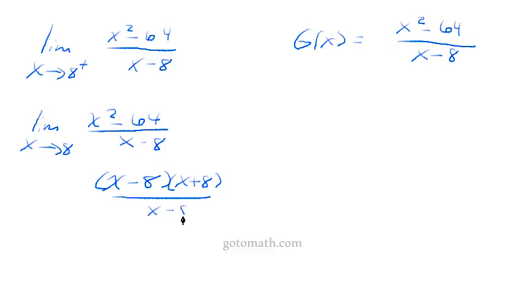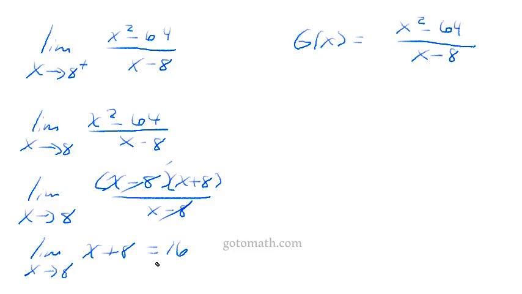Over x minus 8, and the limit as x approaches 8. So we can cancel those out, and so we have the limit as x approaches 8 of x plus 8. And as you can see, we do the direct substitution, we get 16. 8 plus 8 is 16. So this is equal to 16. Now,